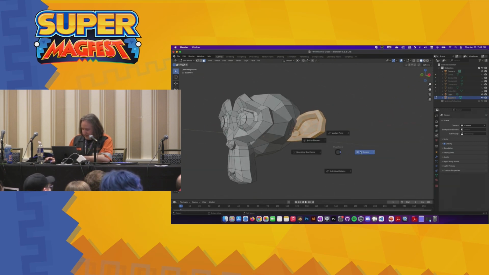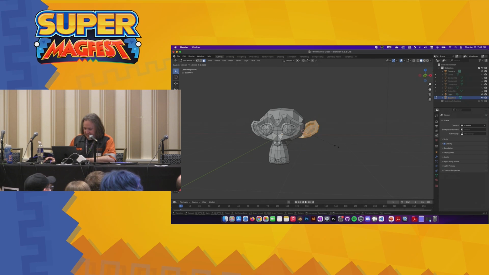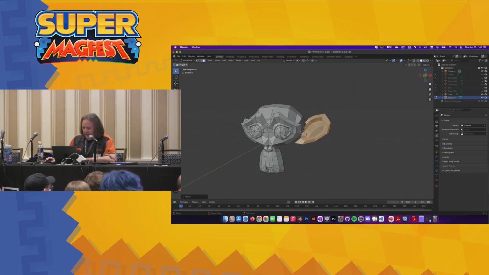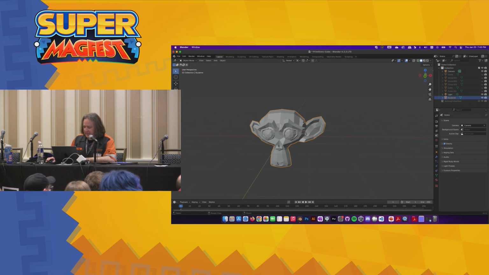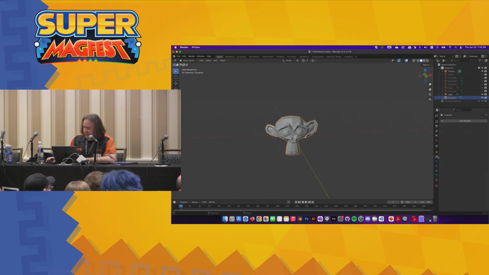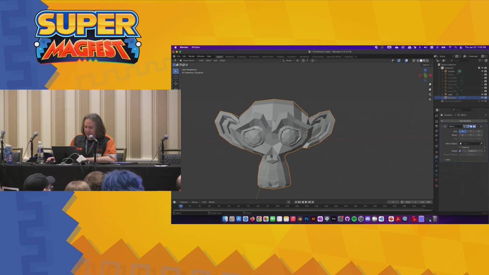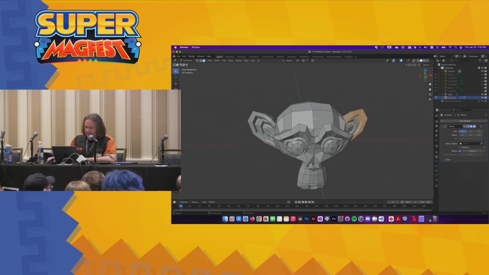And when I come in here and scale that ear to be larger, this is the S key again, that's great. But now I'd have to come over here and do it again. And we don't want to do it again. We've done it once. We want it to just magically happen to the other side. So we have a thing called the mirror modifier. So we've got our mirror up, and it's going to mirror it, but the thing is there's data on both halves of the center line, so it's mirroring both halves to the other half.